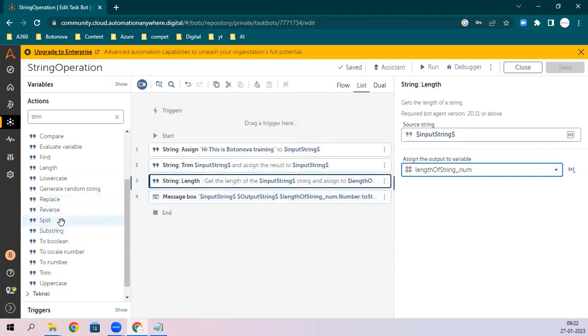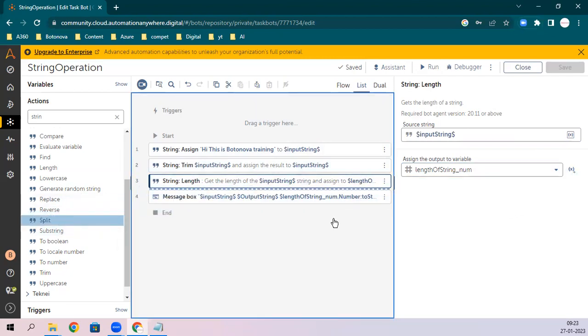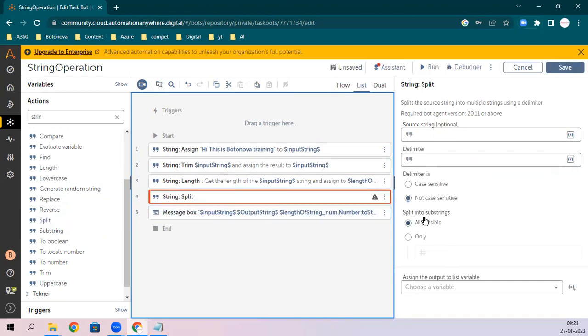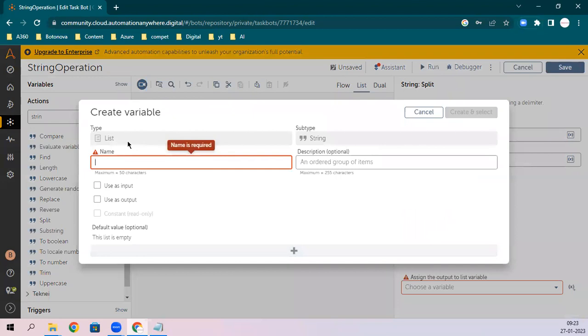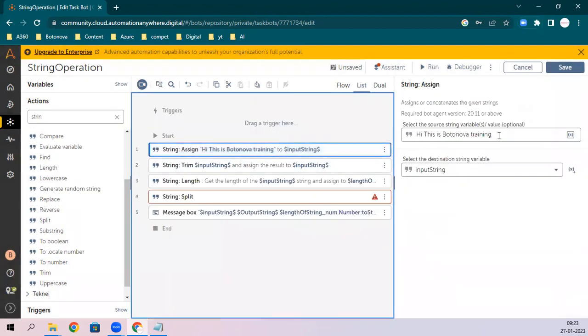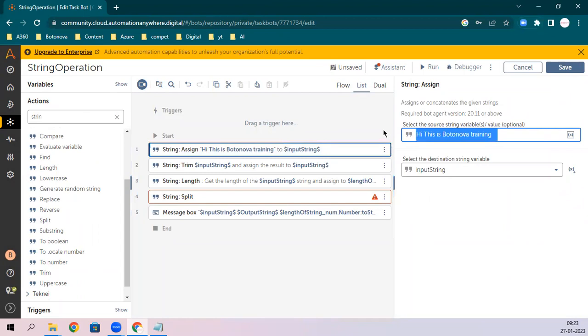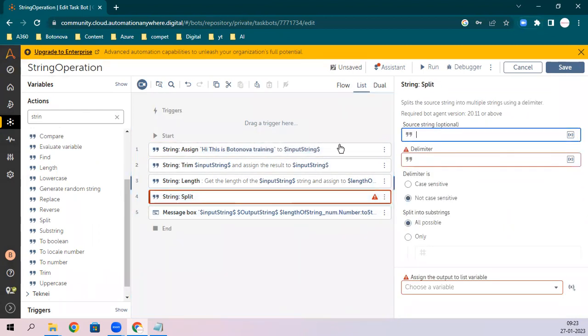Here, when you are splitting your string, what will be the type of variable? Any guess? String? No, list type. Why? Because we are splitting it into two or three values, not variables. Okay. So let's suppose I want to split it into these individual words using space.